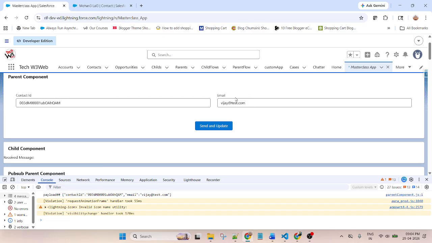And if I put some email value, the email will automatically update through LMS. If you want to update multiple values, create multiple fields. For learning purposes I am using only one input field, but the concept is the same.